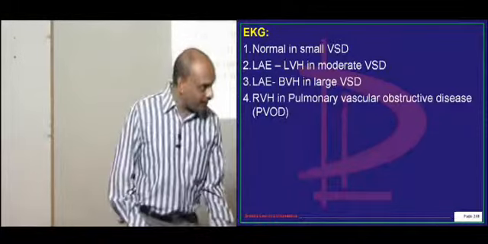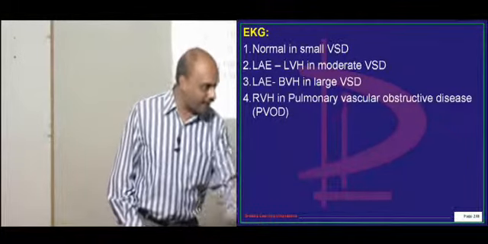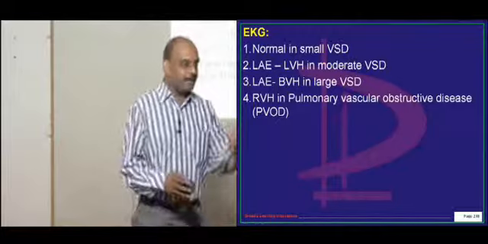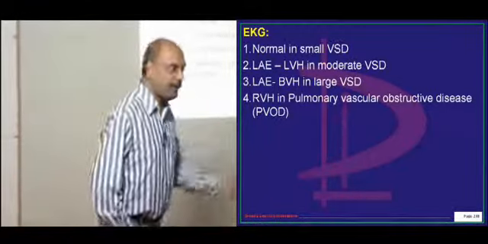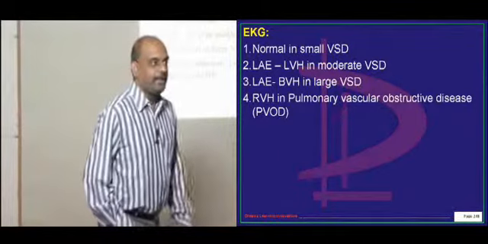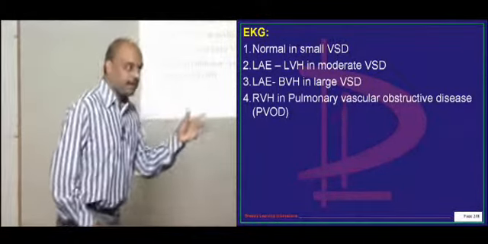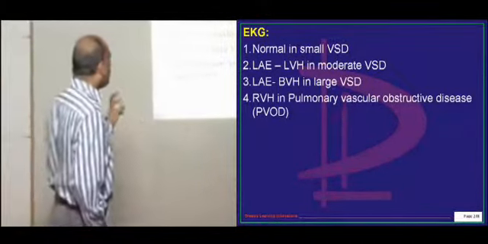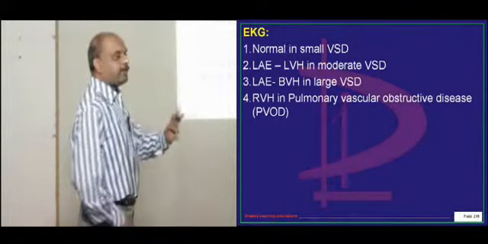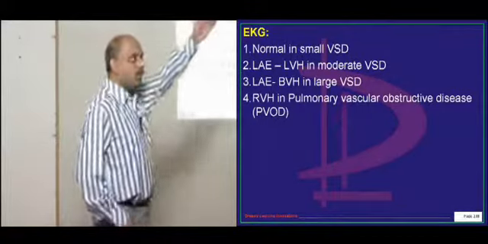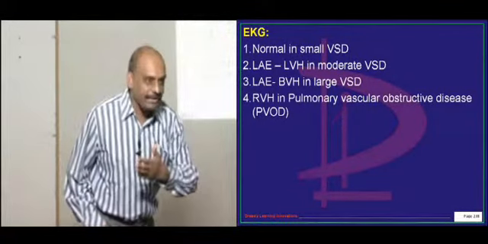Blood through the pulmonary circulation is going to come back to the left ventricle only. So the left ventricle is continuously put into an overload situation. That is one important reason that initially left atrial enlargement and left ventricular hypertrophy is the rule. Later on, left atrial enlargement with biventricular hypertrophy, then right ventricular hypertrophy. So that's how the progression of the VSD basically goes on.